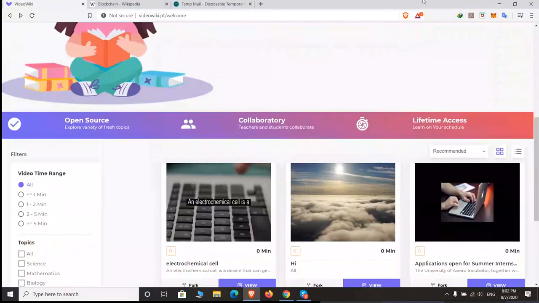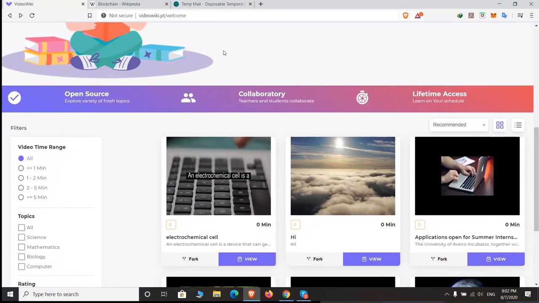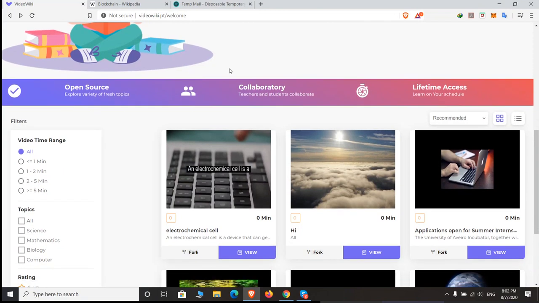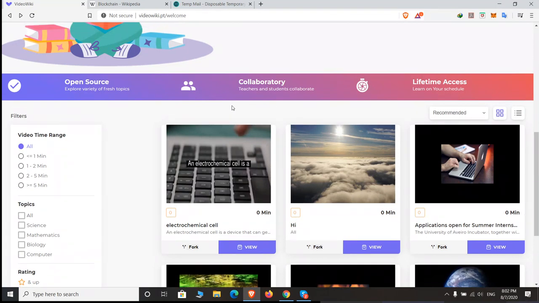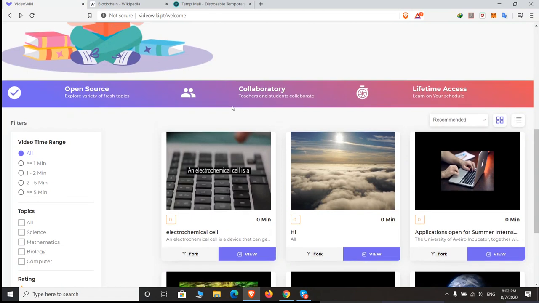Not just the owner, but with the forking, the payment will trickle down to all the contributors. That's a unique part of it. When you fork the version control, we'll know who has contributed, and because it is being scripted, we can also use some logic to evaluate which contribution was more effective, and based on that percentage calculation, we can share the revenue, so people get incentivized for creating more videos.